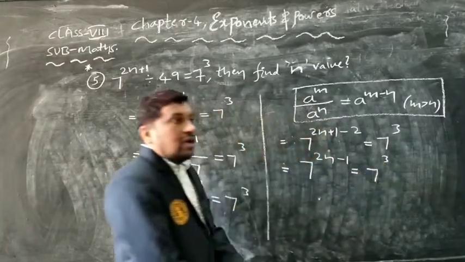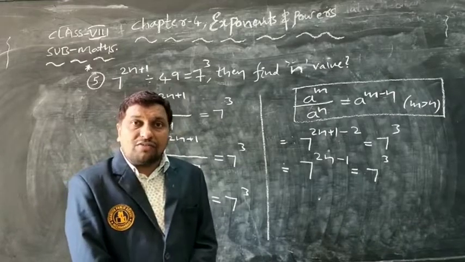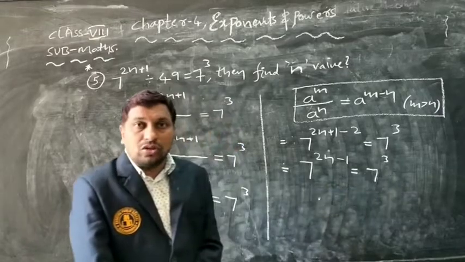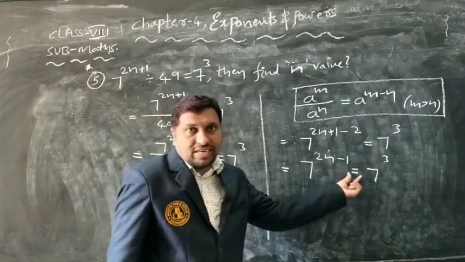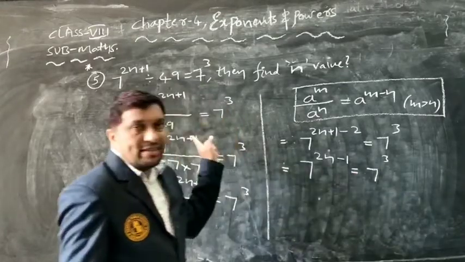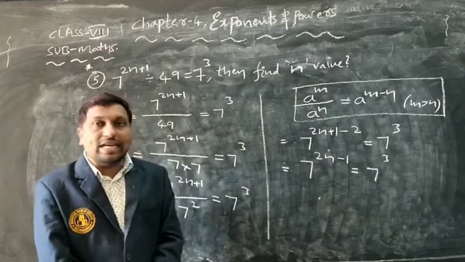Here is another law of exponents formula. Here both bases are the same, so the powers are also the same. The symbol here is equal, so don't get confused, children. Equal means both powers are the same. With the symbol into, we have to add the powers. That is the difference between equal and into.